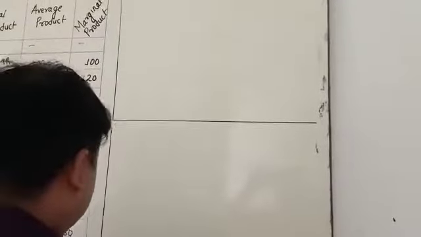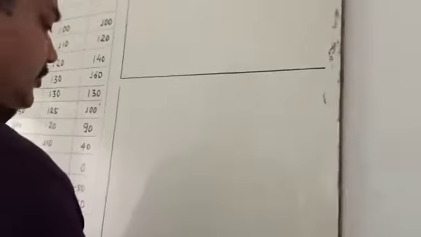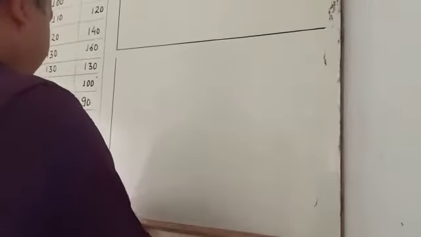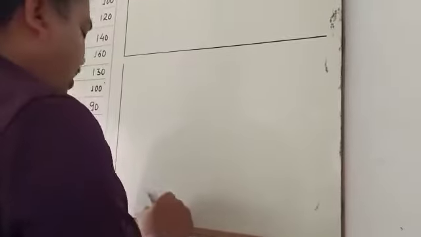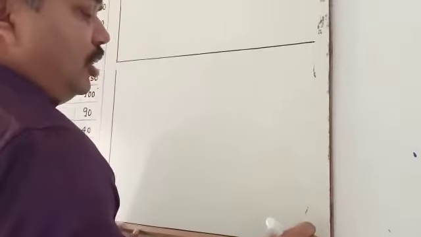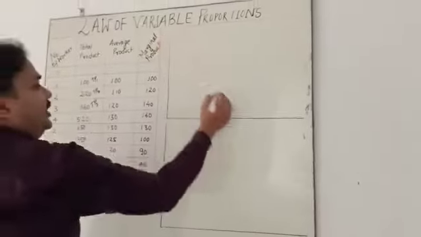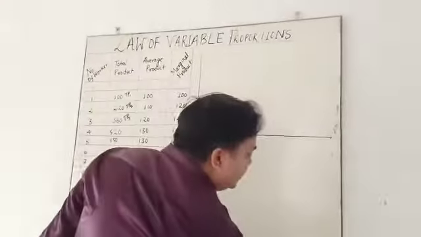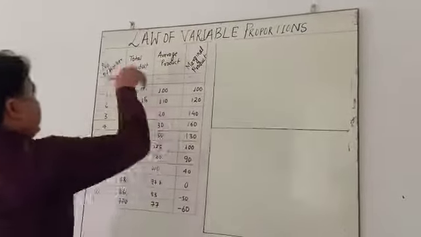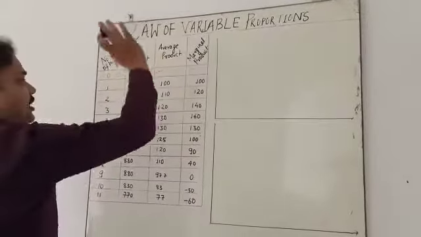It is a graph of law of variable proportion. I am going to draw two graphs. One graph for TP and another graph is for MP and AP. Okay, you just observe how AP and MP are going to be shown on the graph. My dear student, it is very simple. When you observe this graph, you can easily understand this table also, TP, AP and MP.